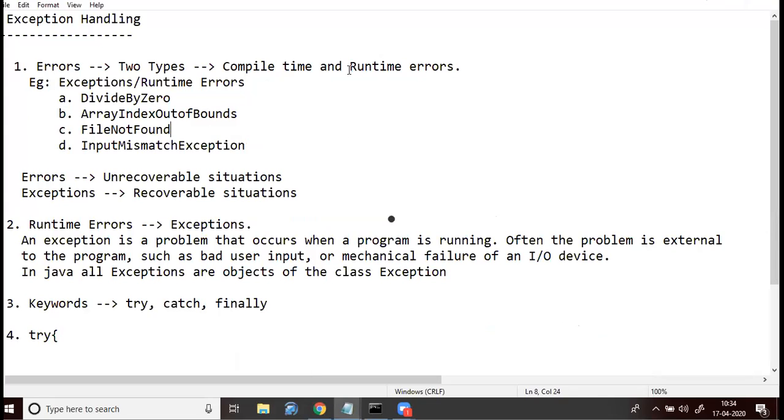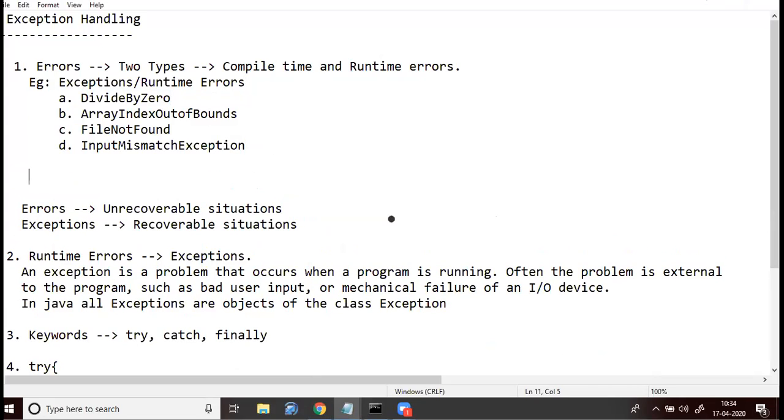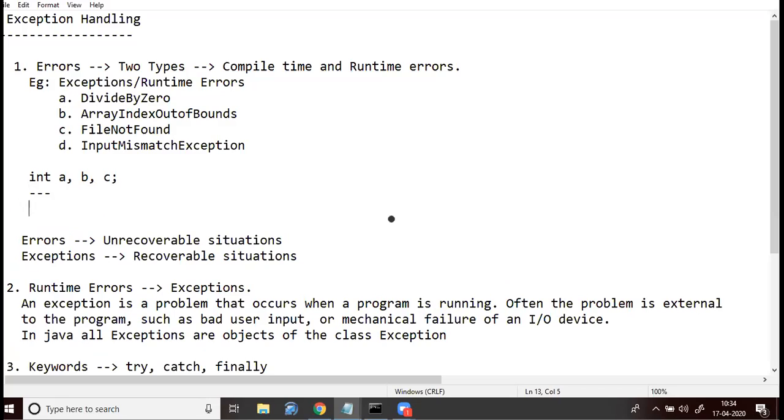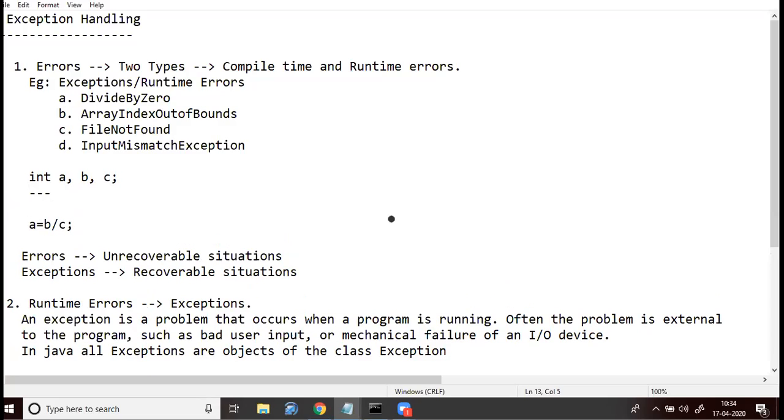Okay. So what are the examples for that? These are the typical examples for runtime exceptions. Divide by zero. Assume that at some part of the code you declared int a, b, c, and then some code is there. Let us not bother what the code is, but at some place you are writing a = b / c. But assume that the value of c is 0.